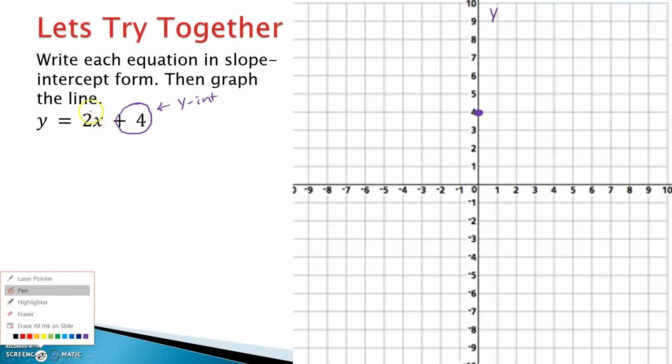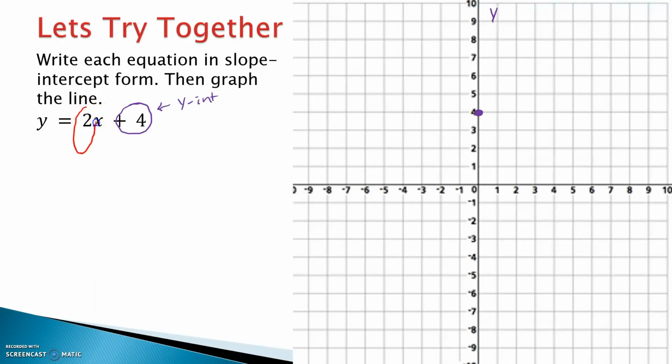I'm going to have to go ahead and use my slope now. Now, the awkward thing is, my slope is your rise over your run, that change in y over change in x, but I have it just as a nice whole number there. Well, let's make this a fraction by putting it over 1. So I know my delta y, the change in the y's, is positive 2, the change in the x is positive 1. So from that point, that y-intercept, what I need to do from right there,